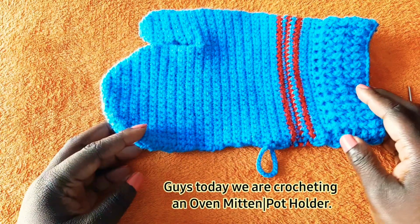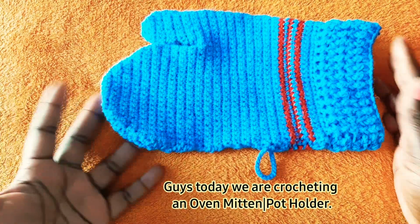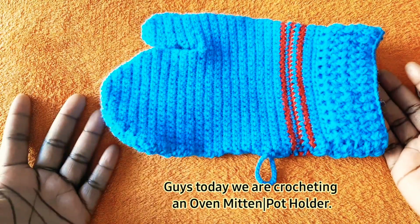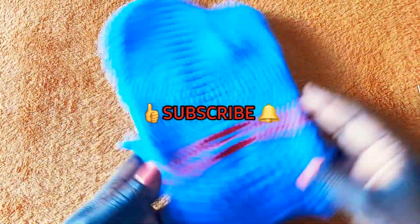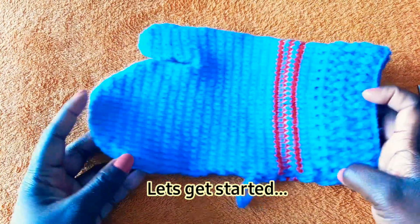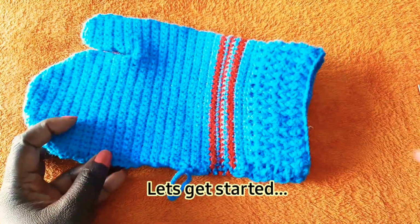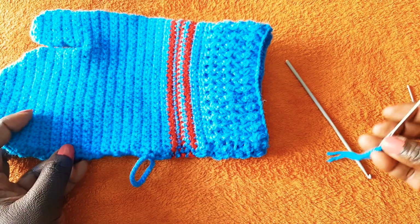Today we'll be making an oven mitten and a pot holder, so you can use it for either of the two. So let's get started. First things first, you need to have your hook, of course, your needle, yarn,